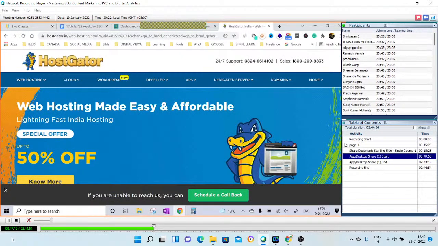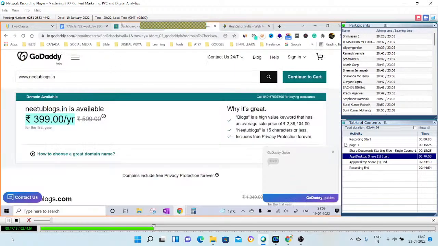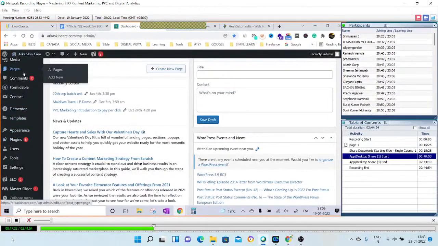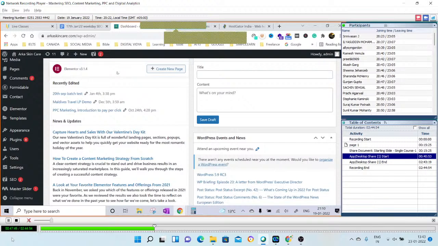Now, what is hosting? You have just taken the name, but to make a website with 100 pages, 1000 pages, or 10 pages, you need a space to put your content. Can you make a site where your page content, video, images, and text are saved on your laptop or desktop? Technically it's possible somewhere, but would you do that?